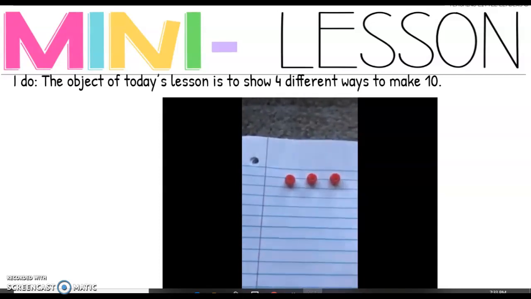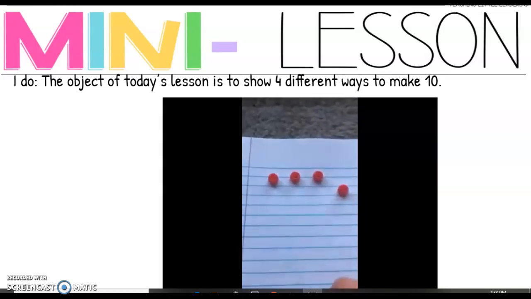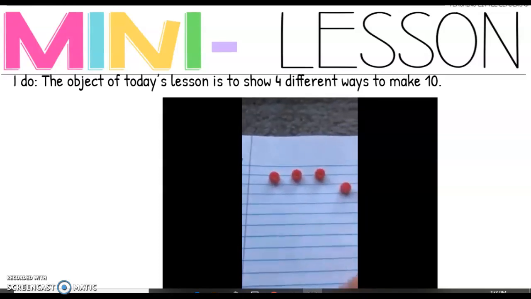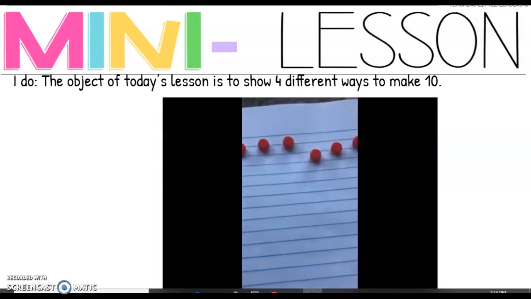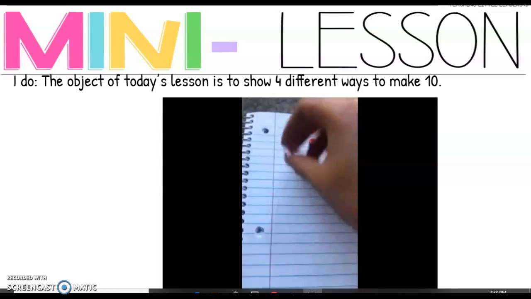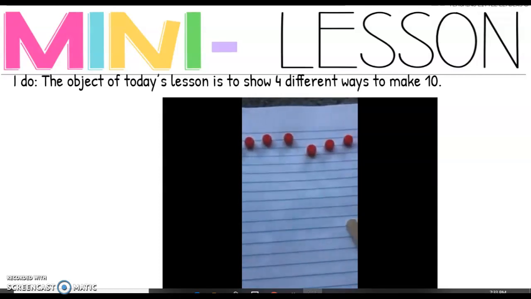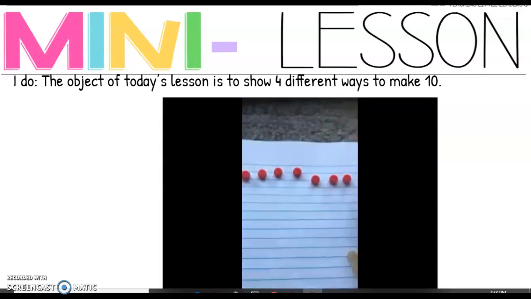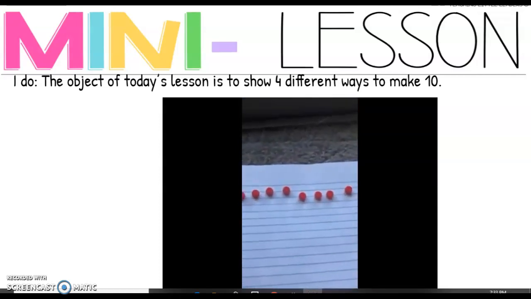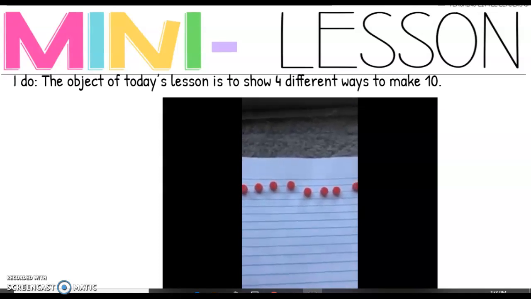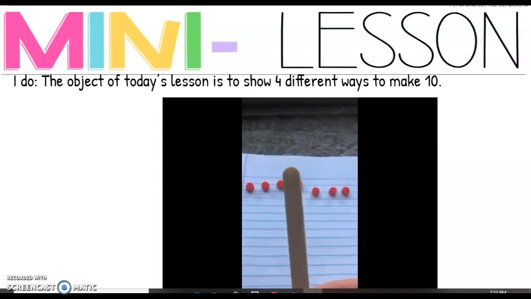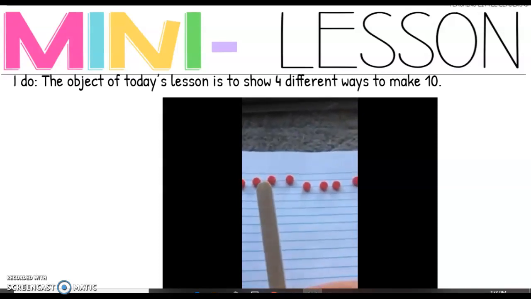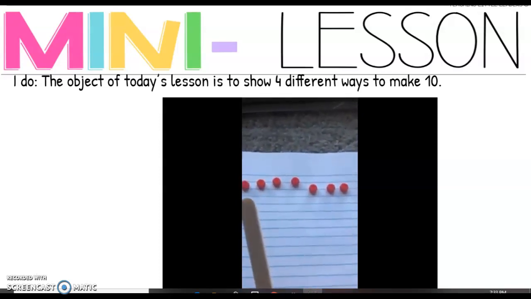2, 3, 4, 5, 6, 7, 8, 9, and 10. So I have 10 birds up here. And they have to sit on 2 different wires. And I'm going to use my popsicle stick right here to show where the wires are split. Okay? So,